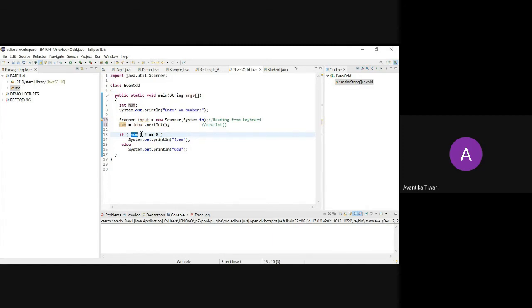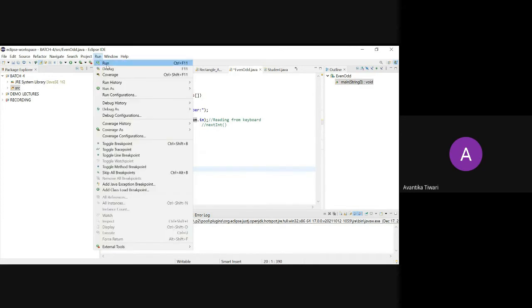The remainder should be 0, then only it will be considered even. For testing the value of remainder, we will use the modulo operator. So I am writing num modulo 2 is equal to 0. If it is true, then System.out.println even. Else System.out.println odd.